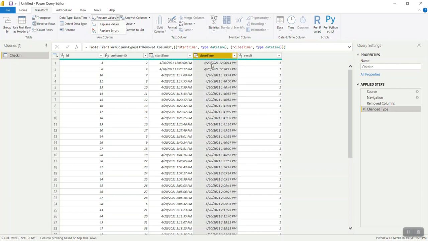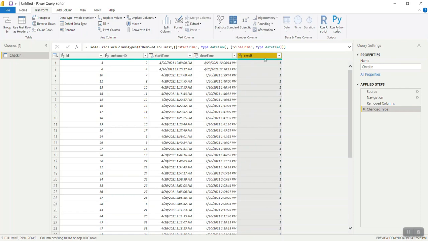For example, I can give errors a value of 1990 or 1900, because that way it won't impact the other aspects of my data model, and I can work with it without any issues.